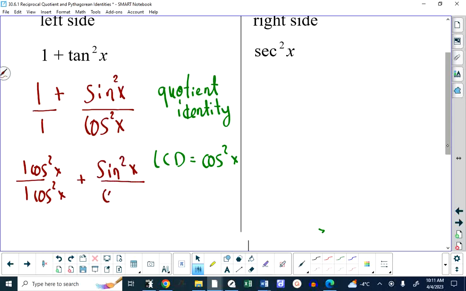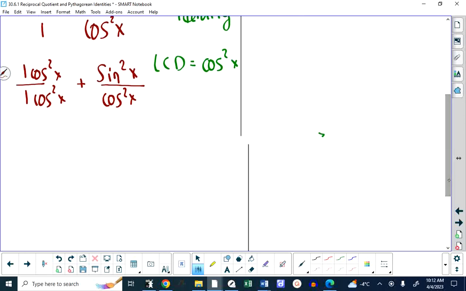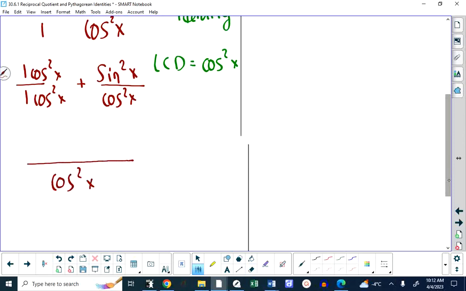And a piece of advice here, everybody. Do that in the next step. I know it's very easy for us to just go, well, I'm going to write cos squared up here on the first line. It makes marking it difficult. And I'm not talking about you trying to make my life easier. I'm talking about a written response on your diploma exam. Show that as an additional step. Now that we have a common denominator, we can put these together and have cos squared x plus sine squared x